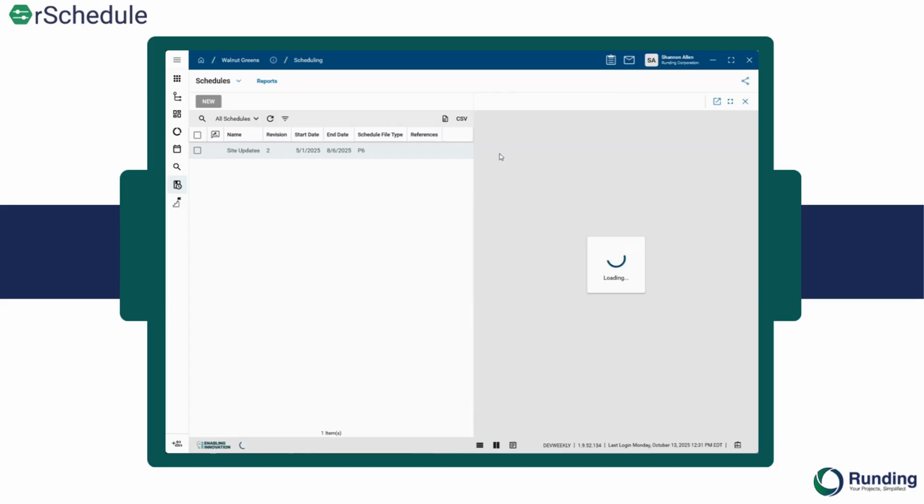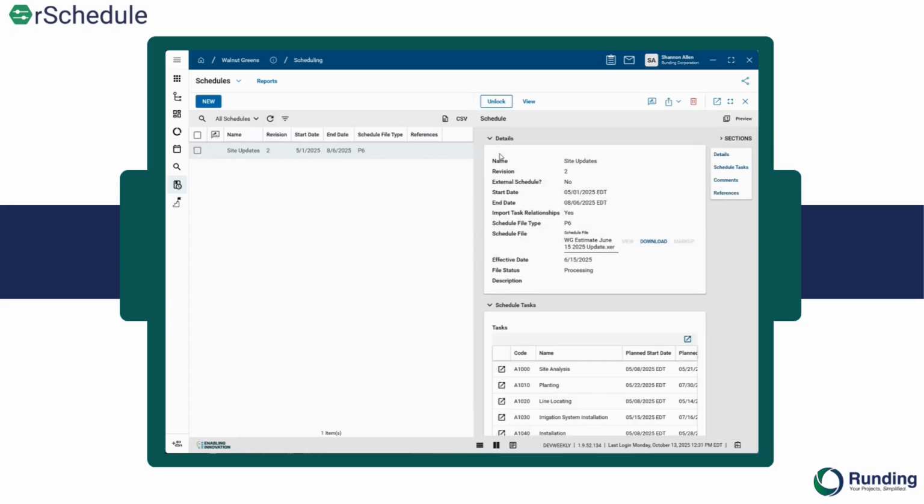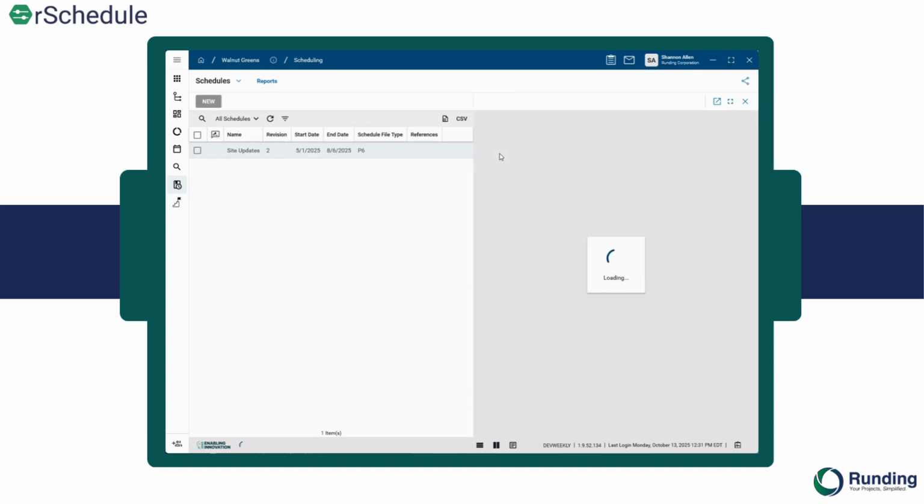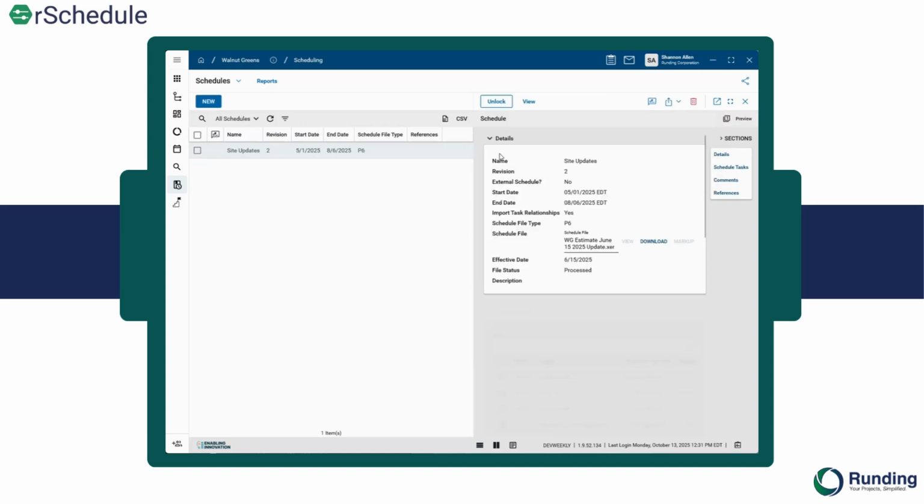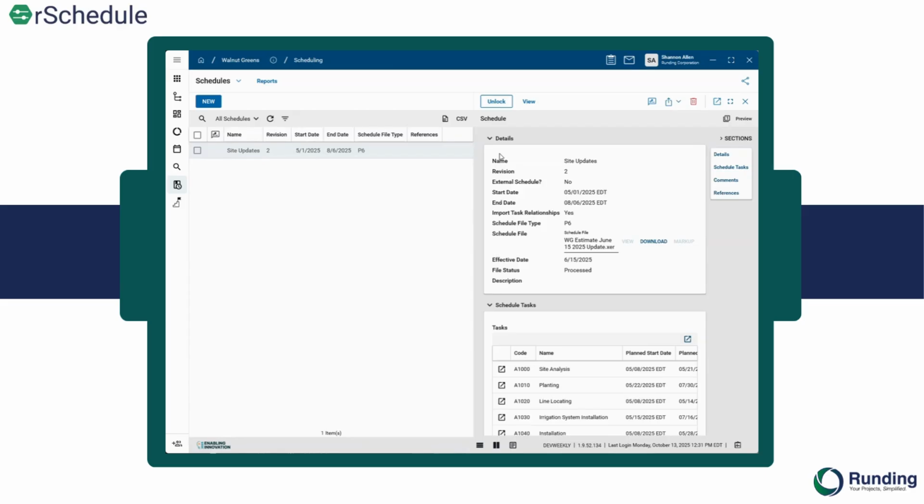So just like before, the system, the workflow, is now extracting all of the data. So if there are any new scheduled tasks, it is making a new scheduled task. It is updating any dates. So if there are any estimated dates that were changed, it's adjusting those. If there are now actuals, as we'll see in a second, now that it's processed, it's now going to show us those actual dates. So going into tasks,